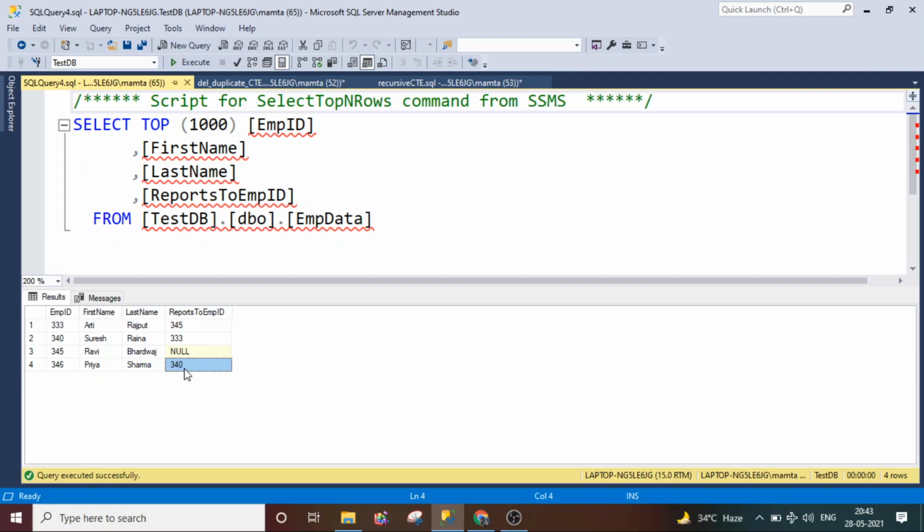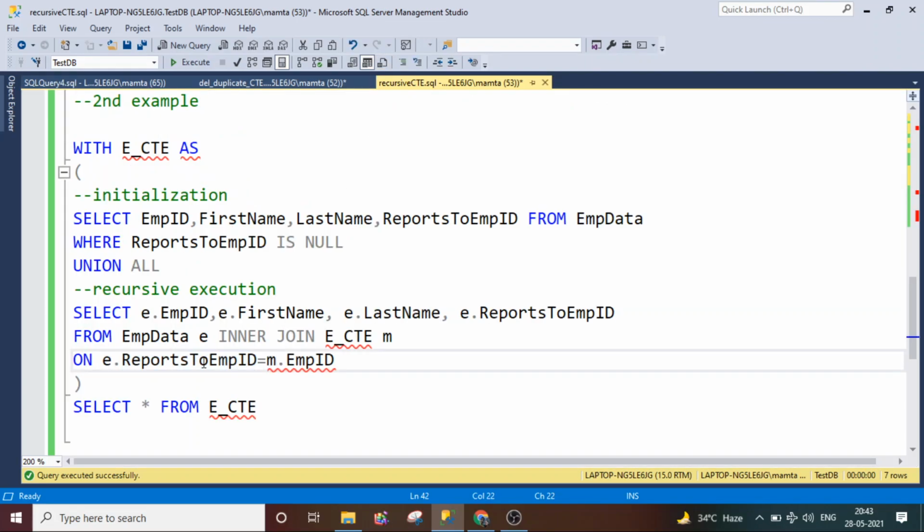So 340 is the employee code of another employee, which is Suresh. That means Priya is reporting to Suresh. Suresh is the manager of Priya. So if in your database the data is stored this way, then you can use the recursive CTE, where reports to employee ID is equal to m dot employee ID.